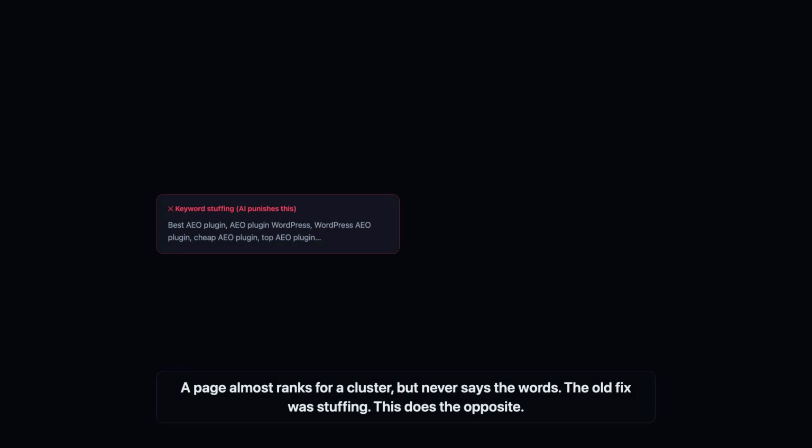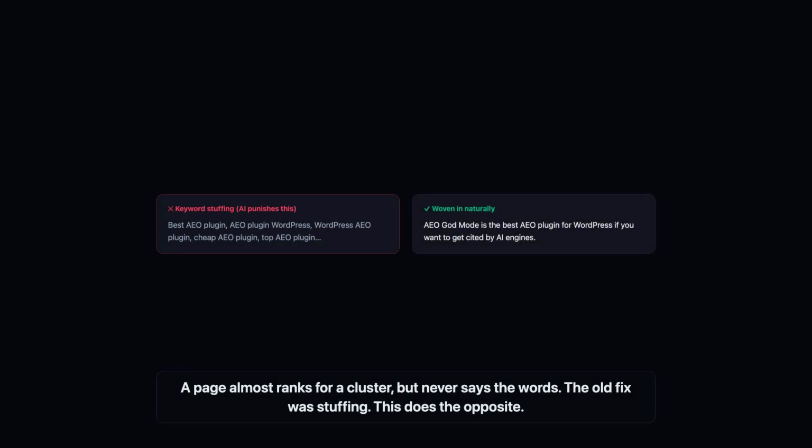You've got a page that almost ranks for a cluster of questions, but it never quite says the words people search. The old fix was keyword stuffing, which AI engines now punish. Keyword Optimize does the opposite. It works the missing terms into the page where they genuinely fit, in real sentences, and then it shows you